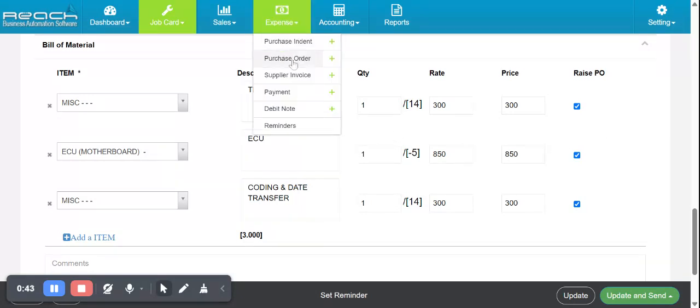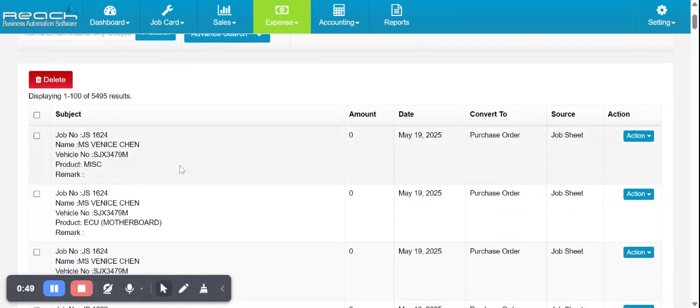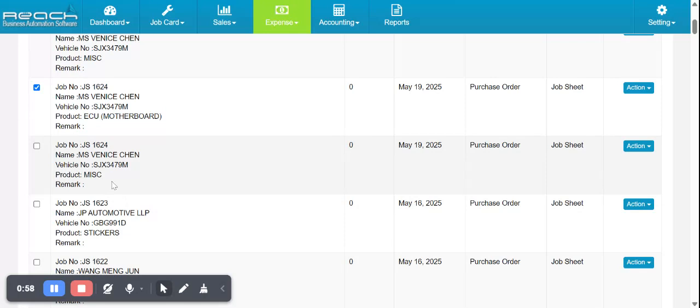Under expenses, you can go to purchase indent after saving the job sheet. When you come to the purchase indent, you can see there are three items here. One is miscellaneous, the second one is the ECU motherboard, and the third is again miscellaneous. So from here,